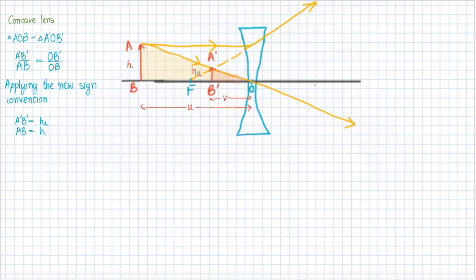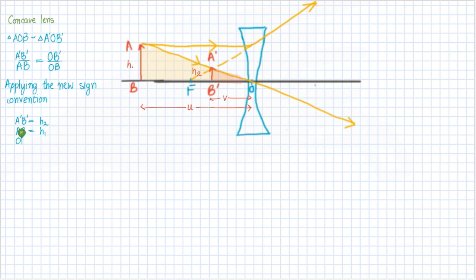Now look at your object distance. It is measured from right to left, and the incident light flows from left to right. That means your object distance is measured in the opposite direction. In that case, your object distance will be negative. So I can write OB as